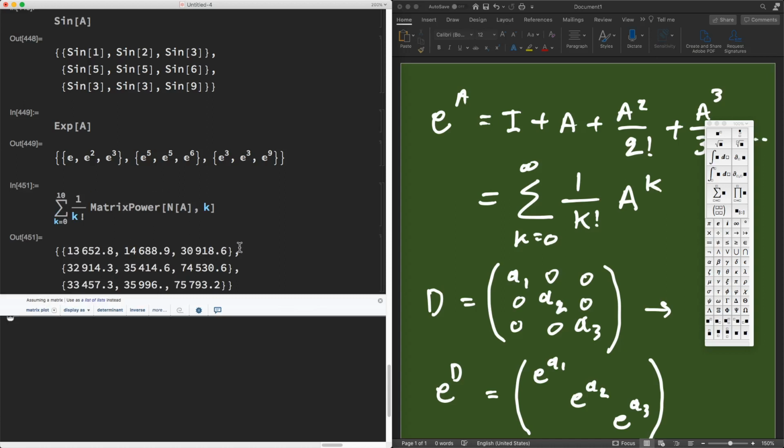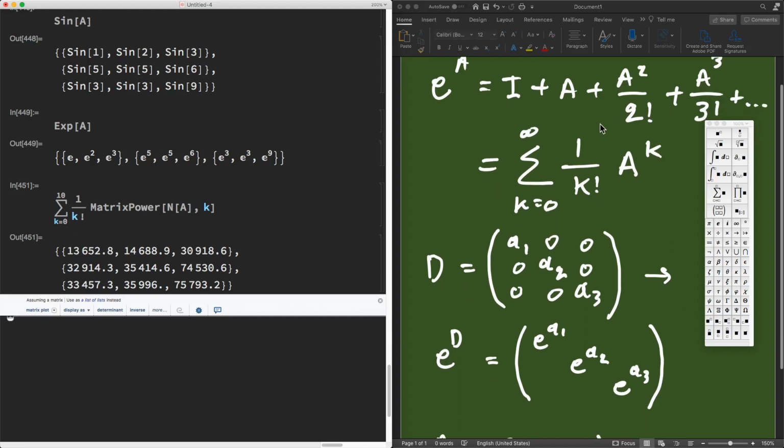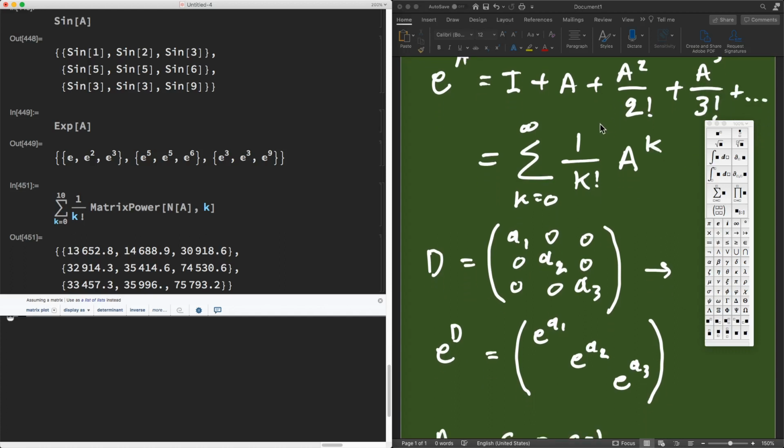Okay, so a Taylor series is approximate because you cannot sum infinite terms. If a matrix A was nilpotent, then that series would stop at some power of k, and then higher powers would be 0, so you could get an exact result. But in general, A will not be nilpotent. So there's better ways to calculate exponentials of matrices. In particular, if the matrix A is diagonalizable,